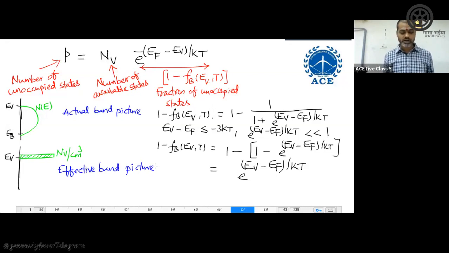So this is about what? Concentration of holes, where? In the valence band. Okay, see again, if you understand the concentration of electrons, how we have calculated, in a similar way we have calculated, but the only difference is what? This 1 minus that factor is different, that you must understand. Okay, hope I am clear. Now